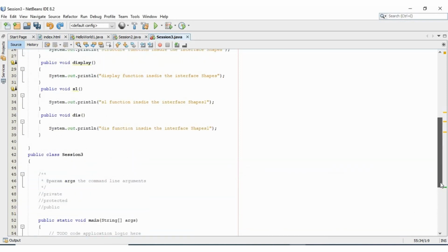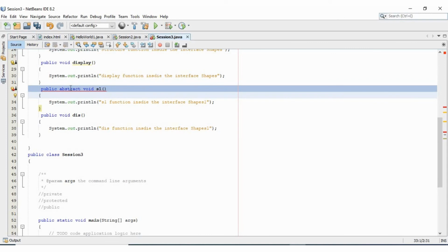We can create abstract functions simply by adding the keyword abstract before the void modifier. The only thing about an abstract function is that it should not have a definition, only the declaration. This is the way of creating abstract functions. We will see more about abstract functions in our upcoming sessions.